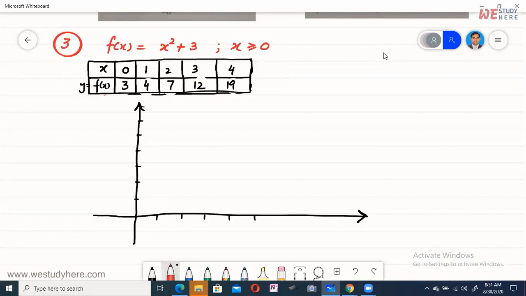Now we will draw the graph. But before graph, we are drawing here the line of symmetry, that is y is equal to x. This is the line y is equal to x. Now we will plot these points,